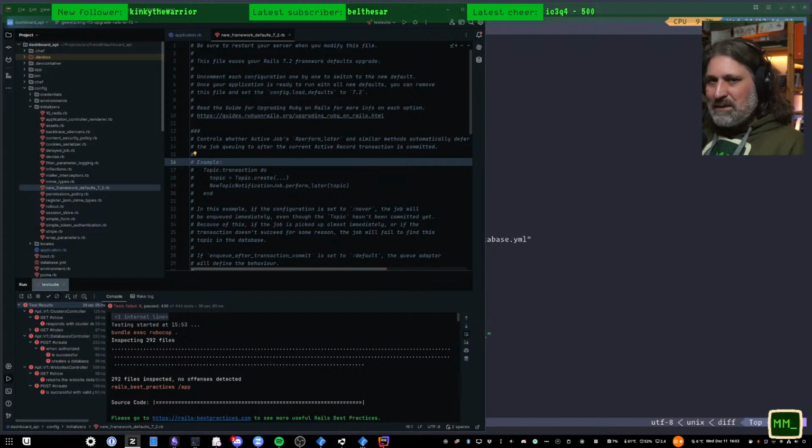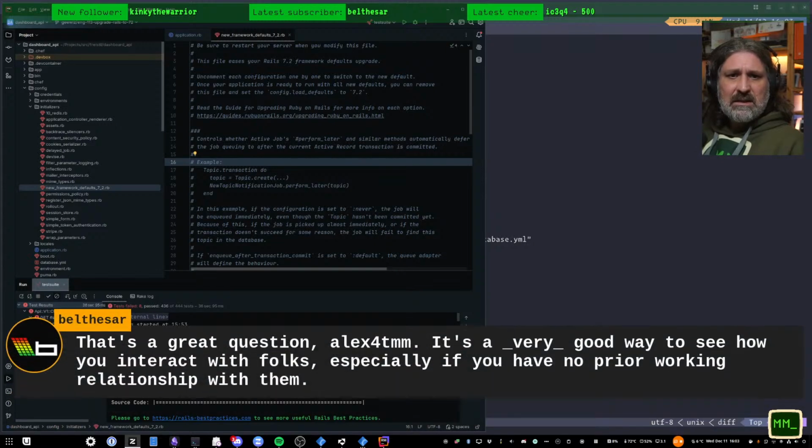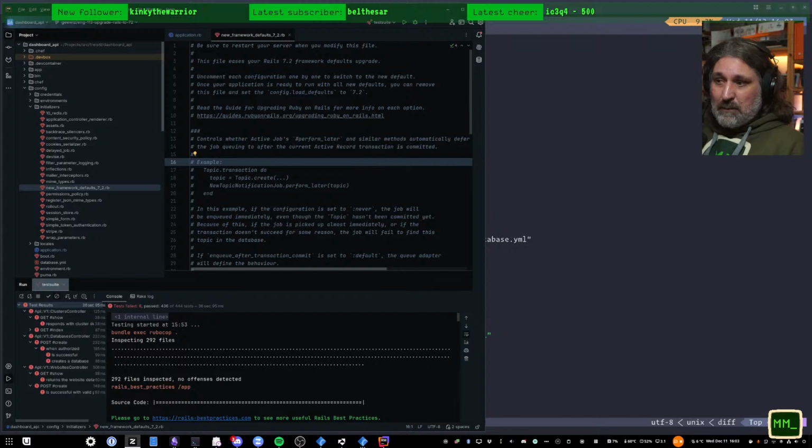Ideology might be the first thing, and combined with that, idealism, of course, because open source is a very idealistic thing as well. And then, of course, and I think that's what Balthasar is hinting at, it's a very good way to see how you interact with folks, especially if you have no prior working relationship with them. Oh no, that's a third thing. The other thing that I was going to point out was open source software is, of course, a great way to take a look at what you've been doing so far. If you have repositories on GitHub that are public because they are open source, it's a nice way to